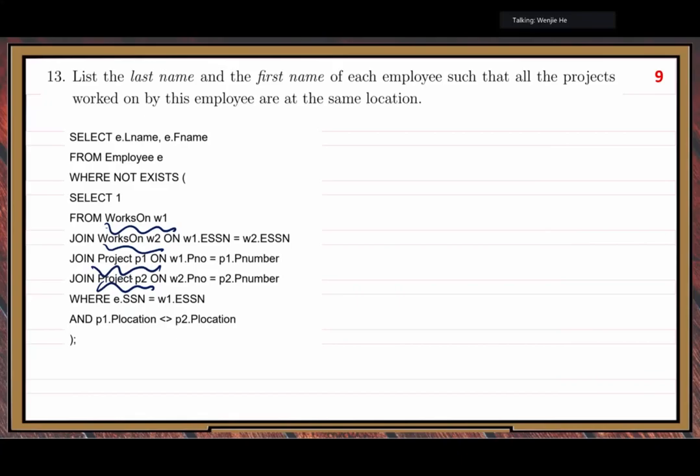Then the condition: how do we represent same location? If the P1 location and the P2 location are different, that's the logic. Two locations, if different,